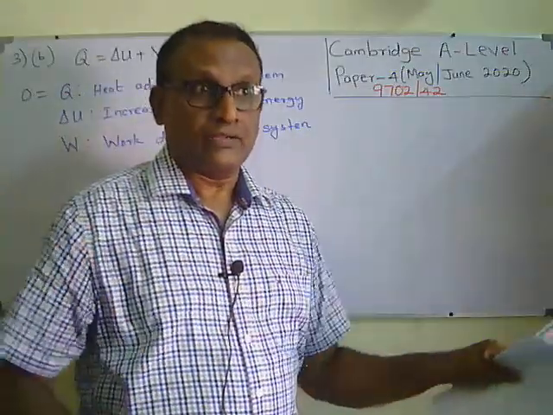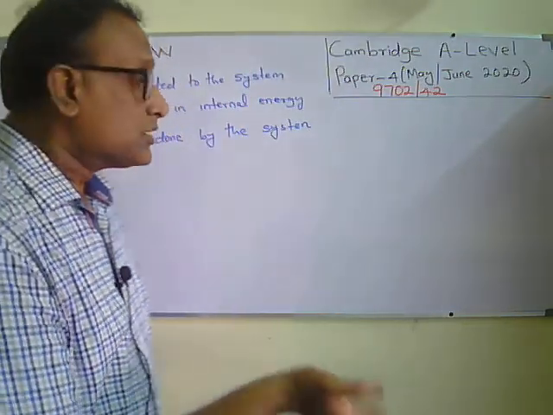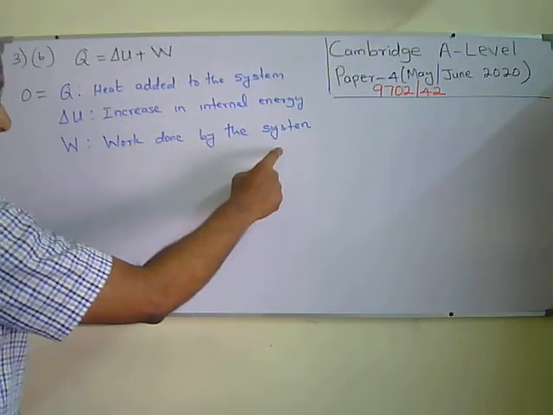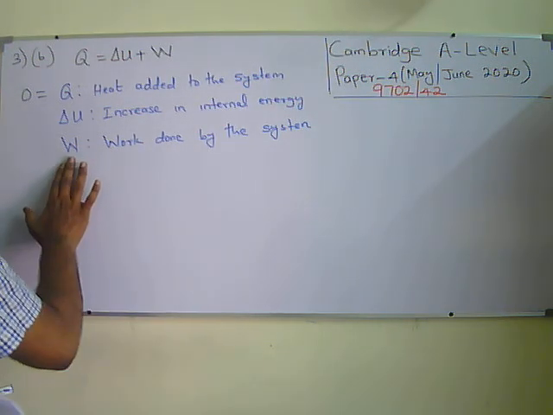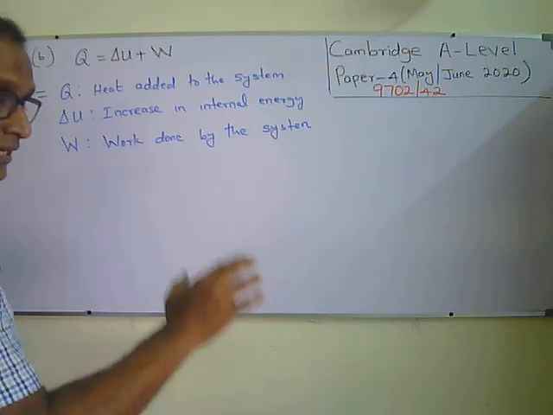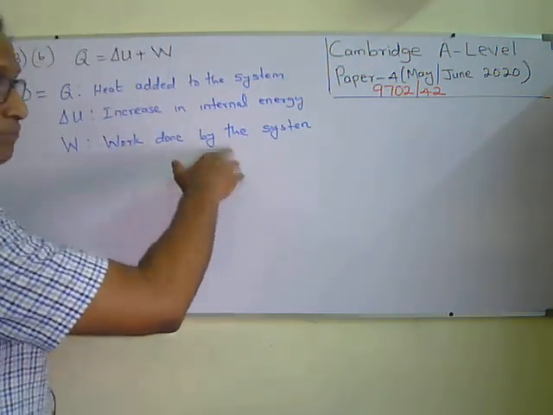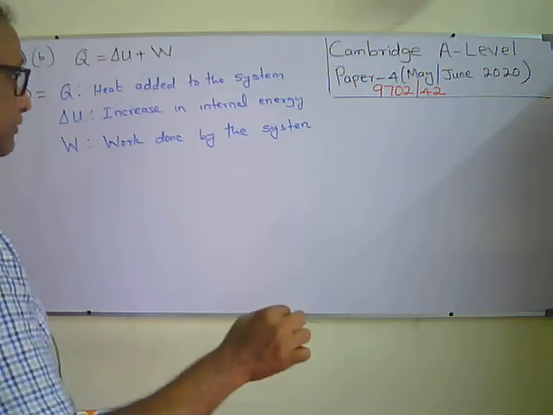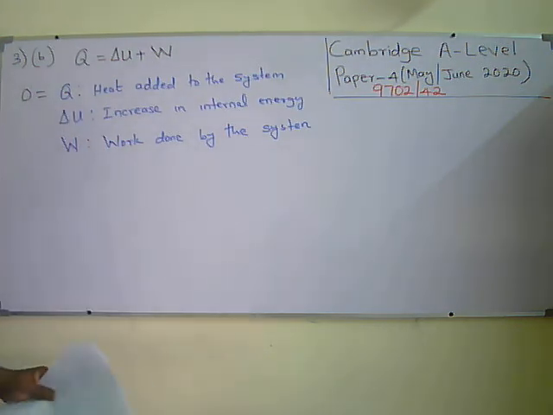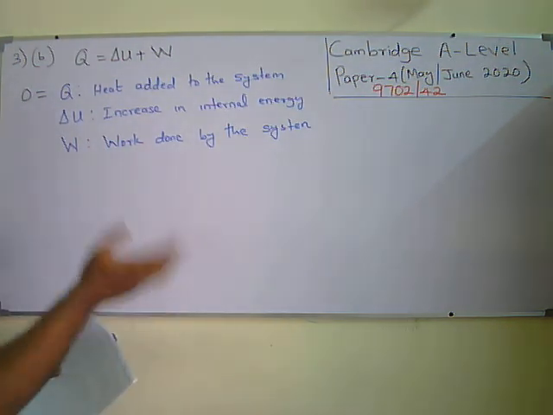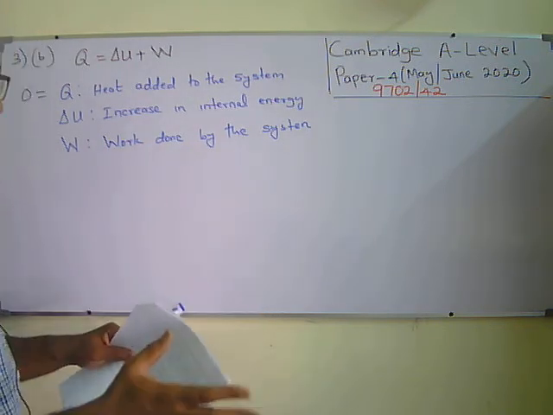The gas is expanding. Whenever something expands, it will do work on the surroundings. So work done by the system has a positive value because the gas is expanding. W is going to be a positive quantity in this situation when the balloon bursts. So Q is 0, no heat enters or leaves. W is work done by the gas when it expands, and has a positive value.